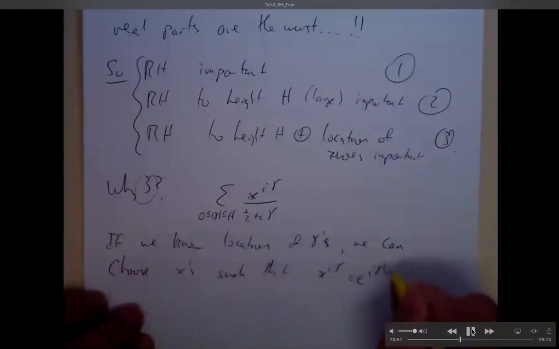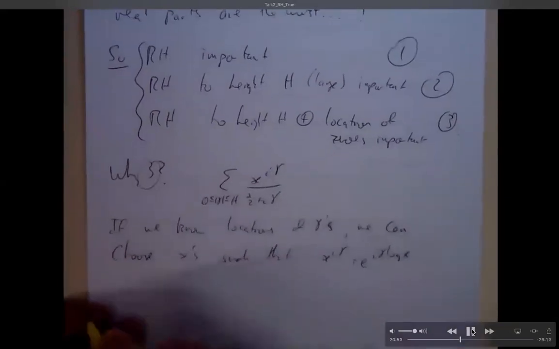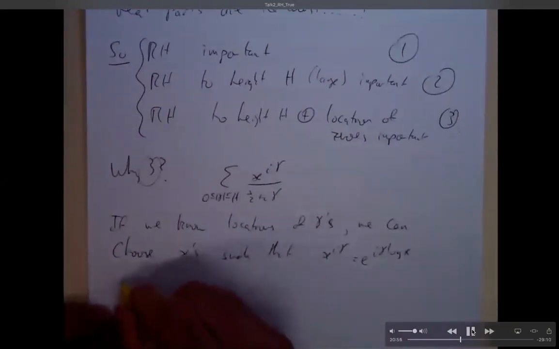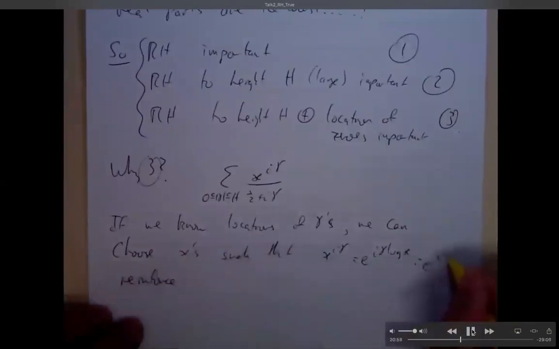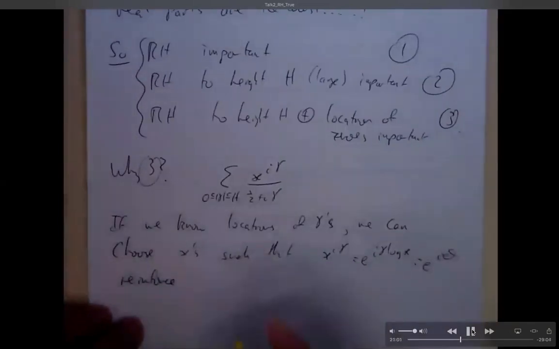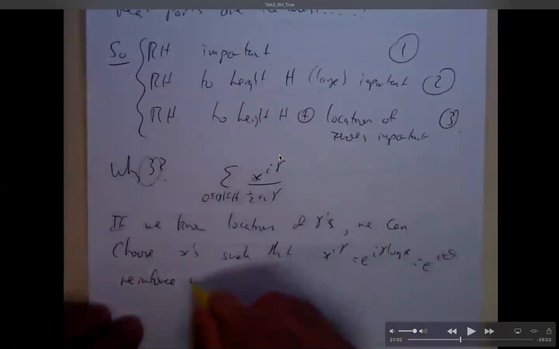So what I'm trying to say here is that if we know the location of the imaginary parts of the zeros, then we can rig the deck in such a way that we can make the terms reinforce each other. After all, what is this? x to the i gamma. It's e to the i gamma log x. So it's a complex exponential. This part here, some number, don't really care what it is, but this here is spinning around the unit circle. So sometimes it might be pointing this way, sometimes this way, sometimes this way.